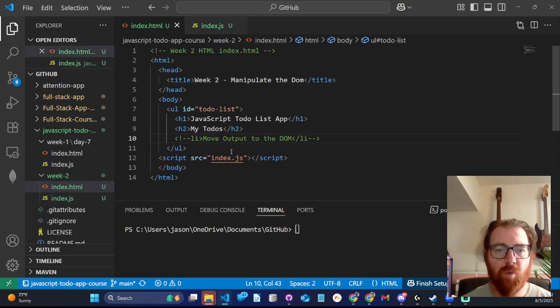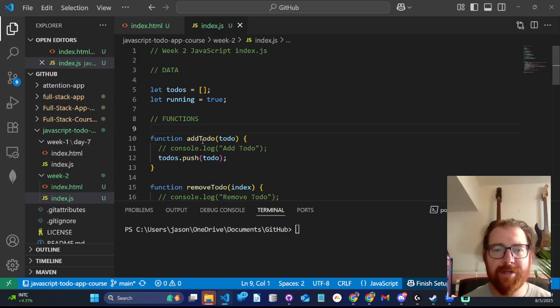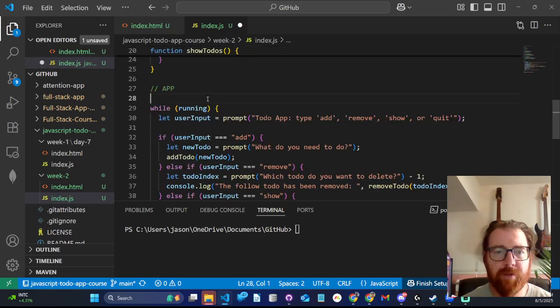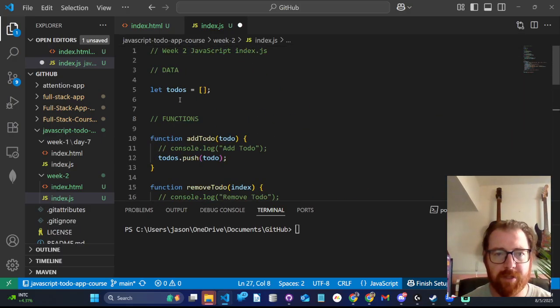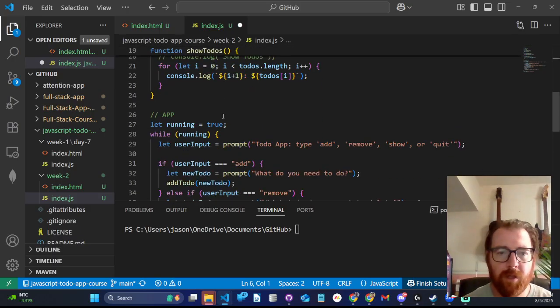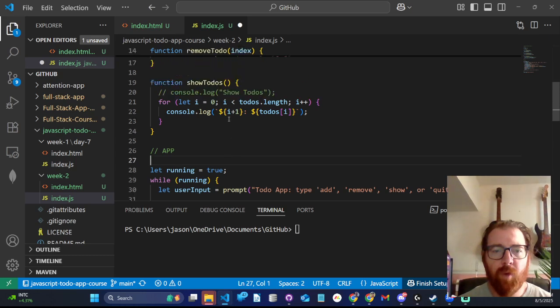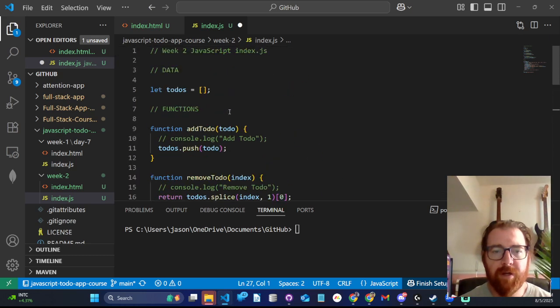All right. So what do we now need to do? We've got our unordered list ready. And so what we want to do is find or select. And you know what? I'm going to move this running down here to be with the app because it doesn't really make sense for it to be up here in data. Okay, so we want to find the